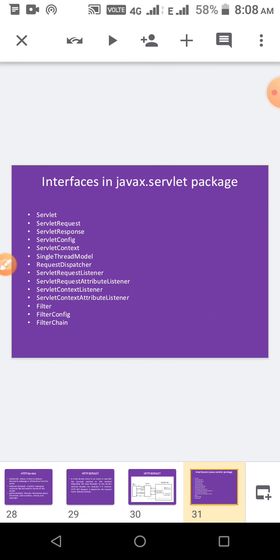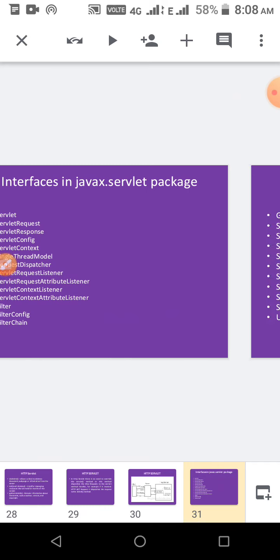So what are the packages available? Interfaces in the javax.servlet package. In the servlet package, these are available: Servlet, ServletRequest, ServletResponse, ServletConfig, ServletContext, SingleThreadModel, and RequestDispatcher. Whatever processing we need, everything is available in the servlet package.